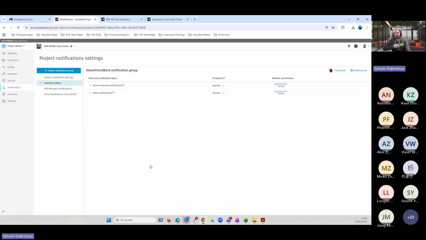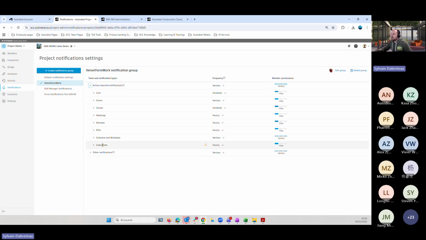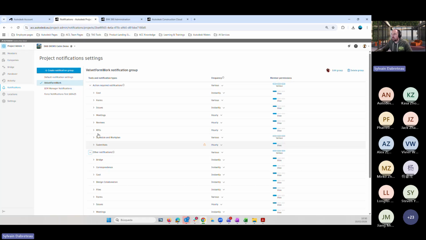So I want to decide how they're going to be notified. We can see the different types of notifications that are available, which tools and types. The most common ones for subcontractors would be maybe the forms and the issues, or maybe the meetings as well. For example, cost: never, because I don't want them to be involved in the cost.